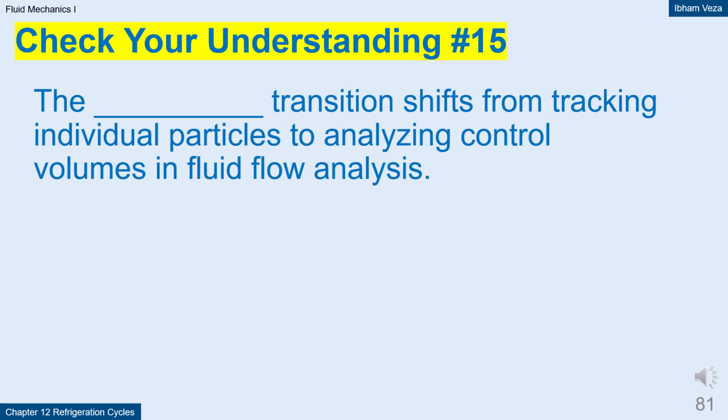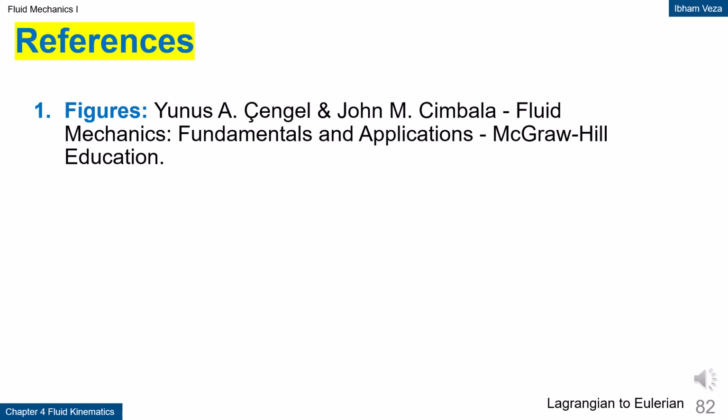Check your understanding. The Lagrangian to Eulerian transition shifts from tracking individual particles to analysing control volumes in fluid flow analysis. References. This section lists the main source of